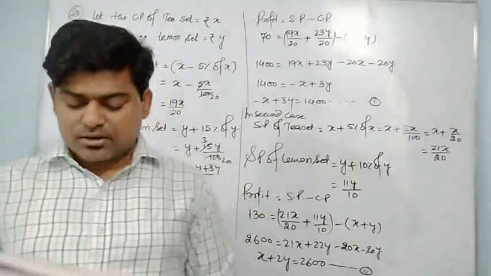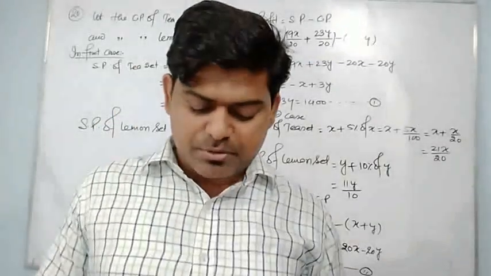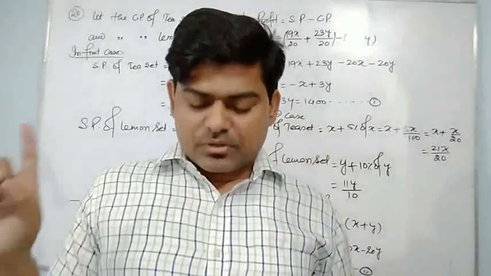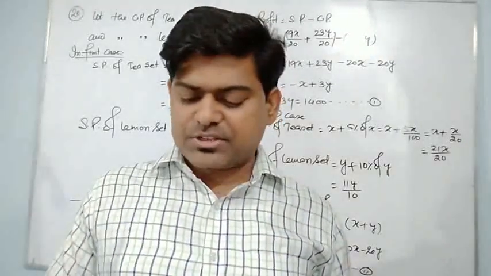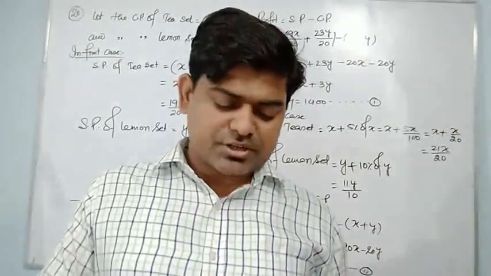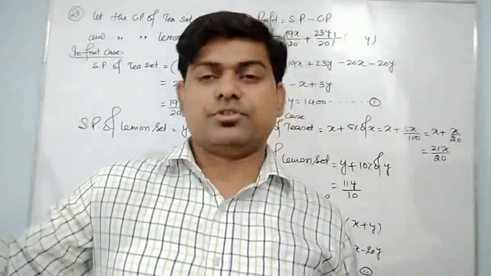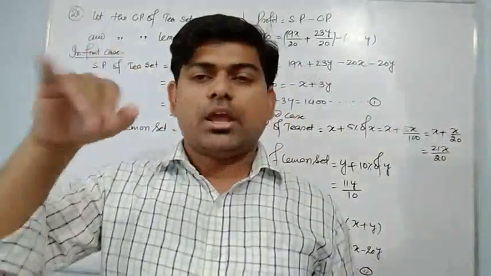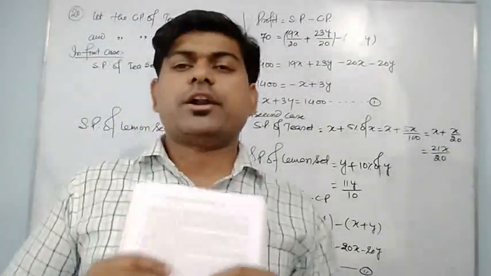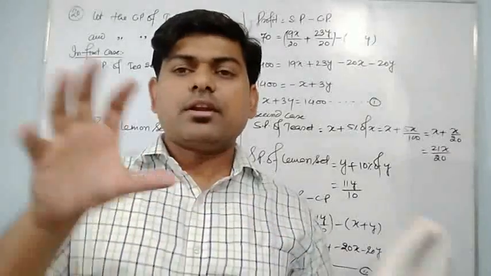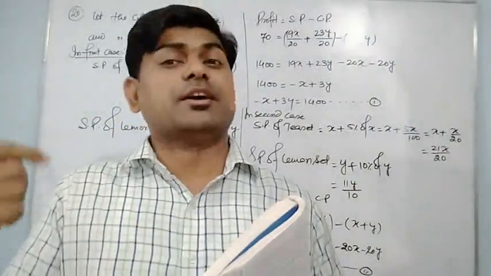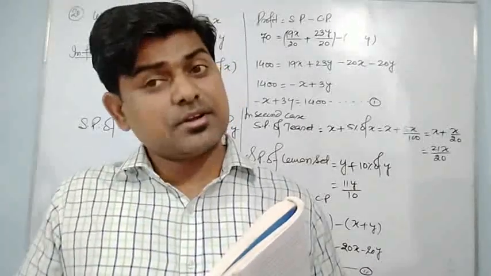The question is given, there are two persons A and B. It's written A and B have some money with them. A said to B, if you give me rupees 100, my money will become 75% of what is left with you. Suppose that A has X rupees, B has Y rupees. When A takes 100 rupees from B, A will have X plus 100 and B will have Y minus 100.